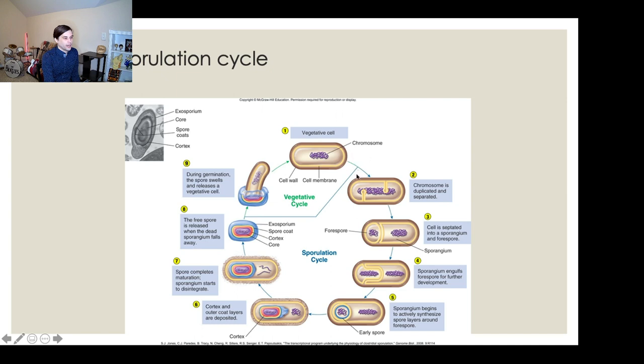So the vegetative cell will essentially quarantine off a little small section of its DNA. It replicates its nucleoid, quarantines off a little section of that replicated piece of its nucleoid in the front of its cell, and starts to pack it up with all of those protective proteins, protective fats, protective sugars. It starts to disintegrate the other part of the cell. The original part of the cell will break down the DNA, break down the cell membrane as the environment starts to deplete. And then essentially you're left with an everlasting gobstopper surrounding a jawbreaker, surrounding a sleeping little bacteria that's